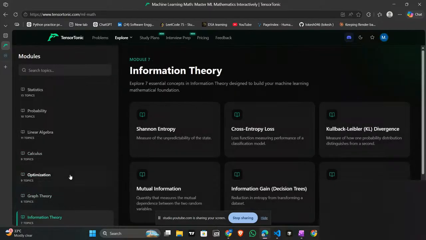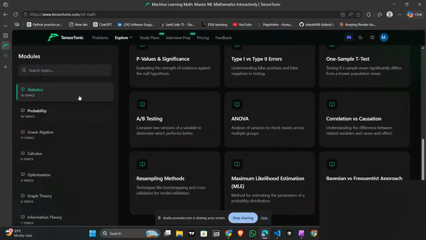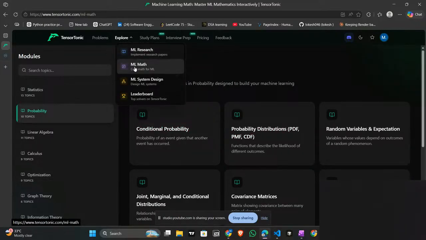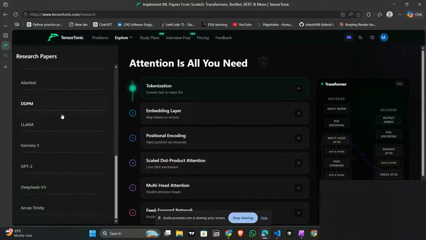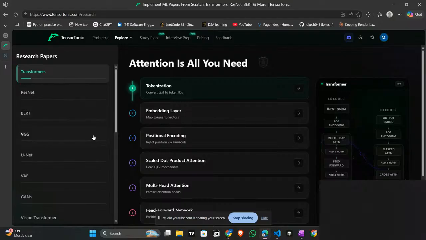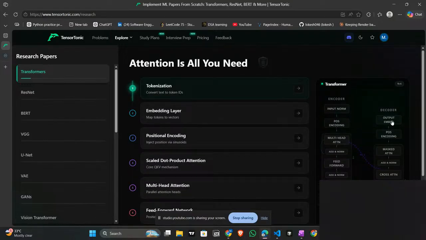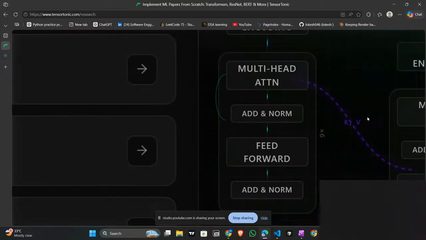Graph theory, information theory, statistics, probability, then ML research, transformers. So many things are going on in Tensortonic. What is this KB?